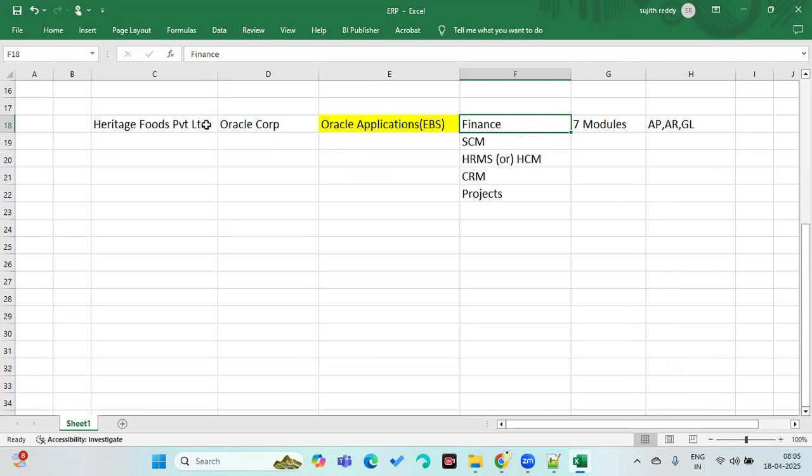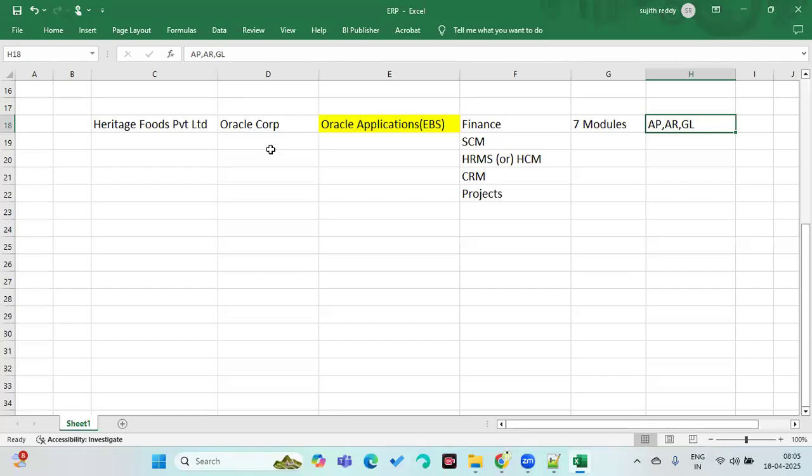So like this, the client will buy the licensed software from Oracle company. They'll pay the amount based on the number of users, license cost, and number of modules, whatever they buy.